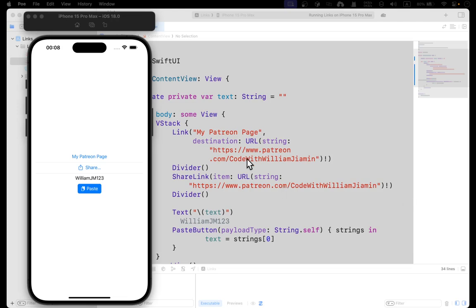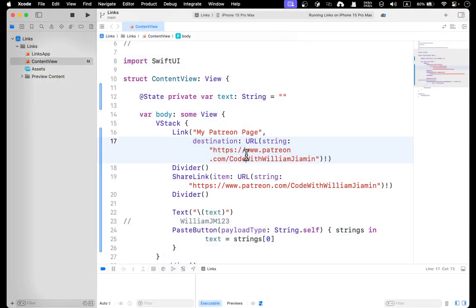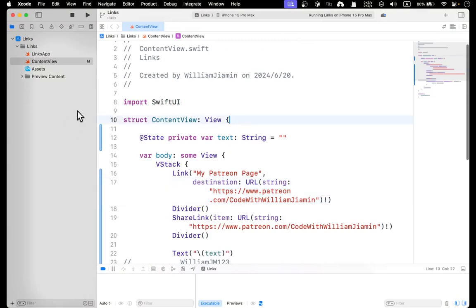There is an out-of-the-box solution, so I'm going to wrap this UIKit inside of SwiftUI. So we get a sort of native solution for it. So what I'm going to do is add a